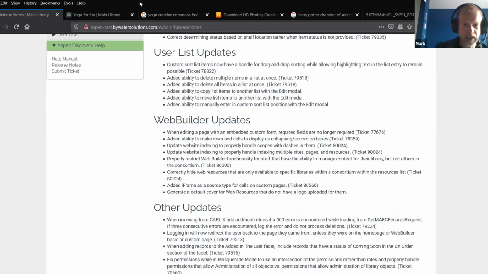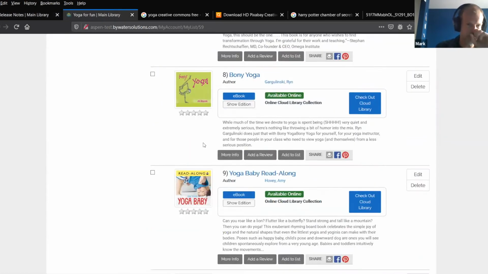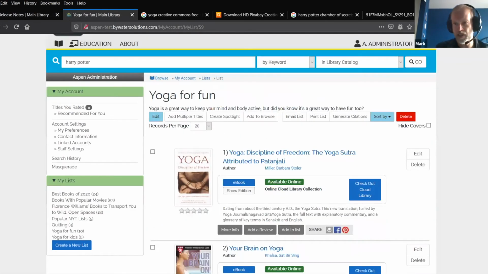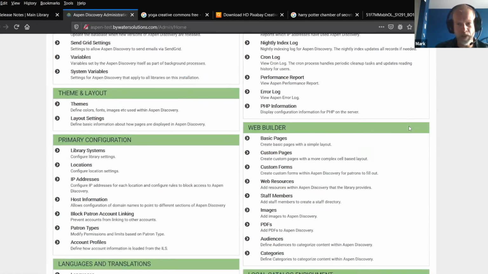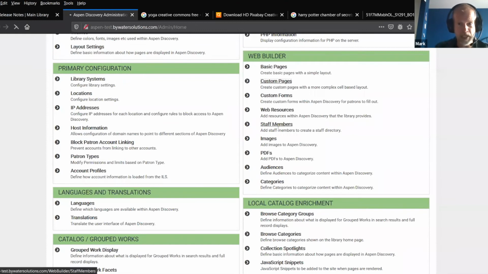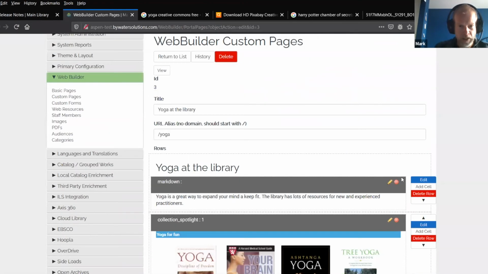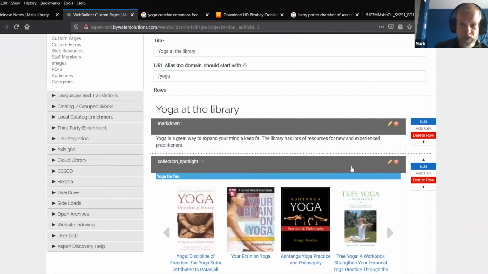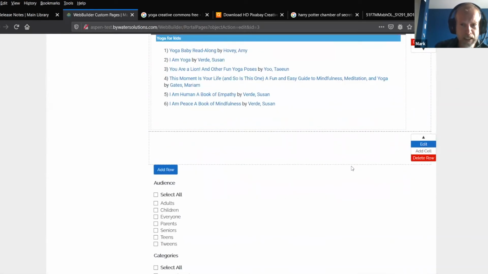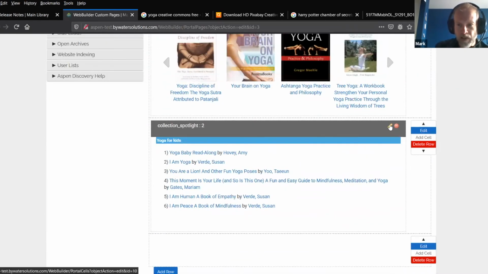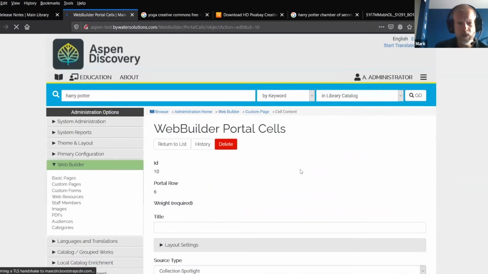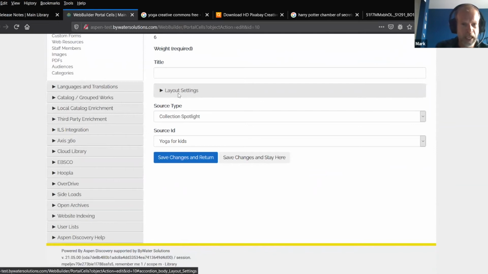And then we have also, if we are creating a custom page, so let's go into Aspen Admin and we'll go down to Web Builder. Let's create just a custom page. Here's our yoga page. So we've got yoga at the library. If we want to, we can edit the row. So we can do this for both rows and cells. We're now able to make a